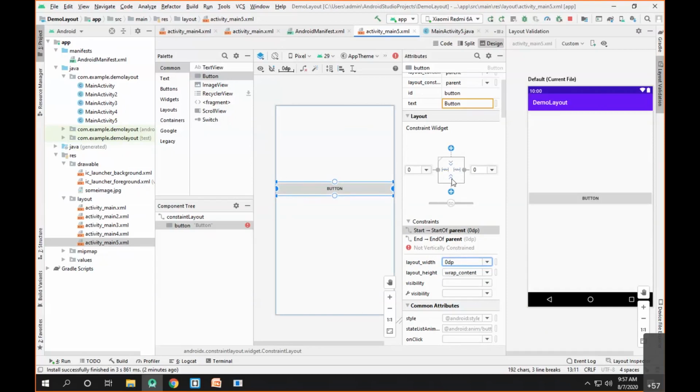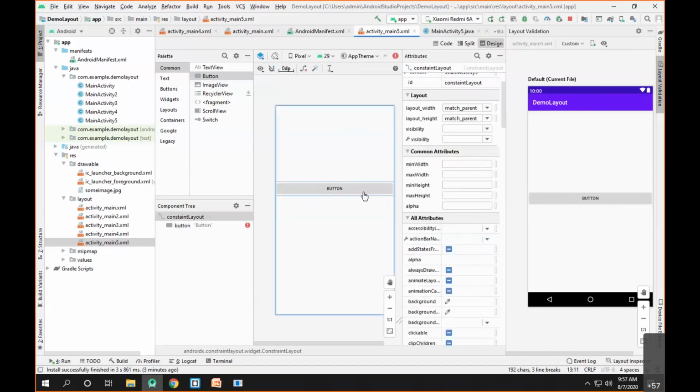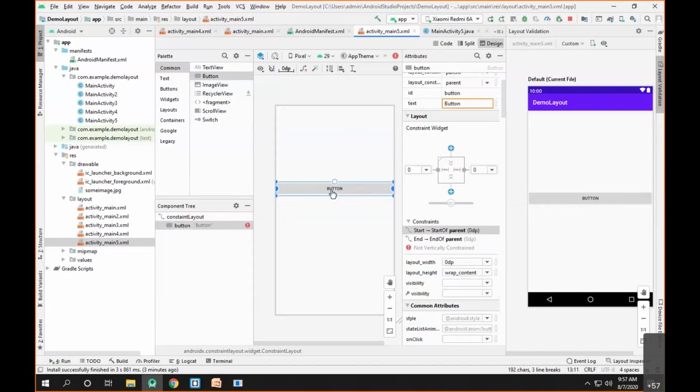The inward arrow shows that this is wrap content. When I have this kind of symbol, it says that it's a match constraint. And if I have the fixed bars, it is nothing but the fixed size of the control. Now, if I say match constraint, you can see by default, the button is taking the entire width of the parent.